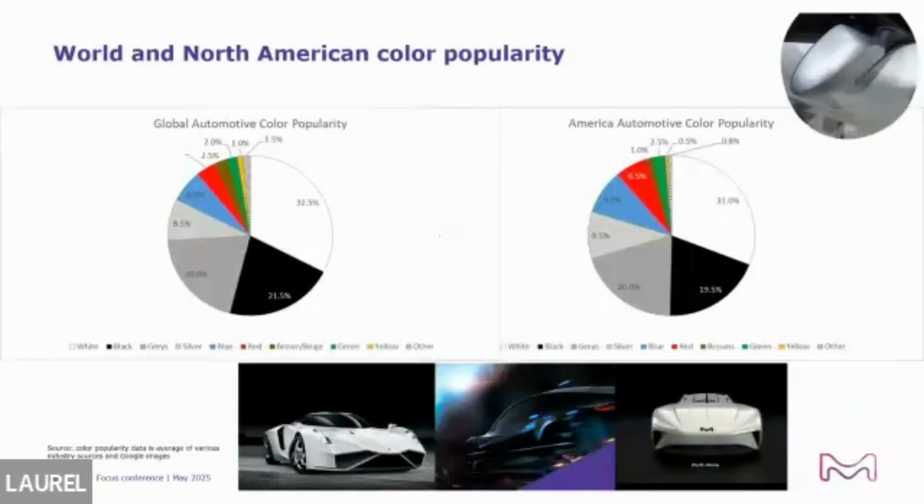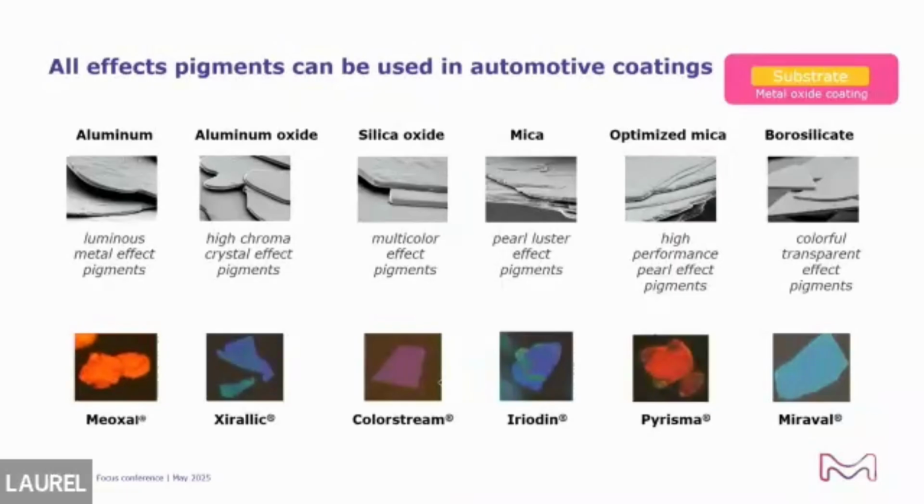So for example, if it's aluminum, that will give you luminous, so it's much brighter. And if it's aluminum oxide, they will have a very high chroma and give you the crystal effect. We move on, silica oxide can give you a multicolor effect because the silica oxide itself plays as part of the color. So you will see the color from titanium dioxide or iron oxide coating